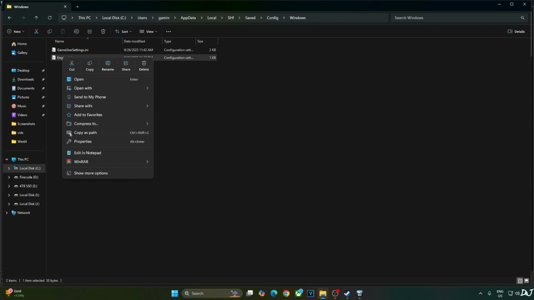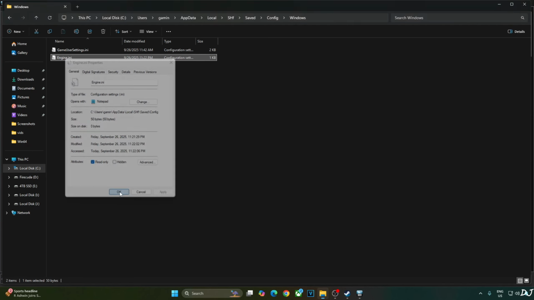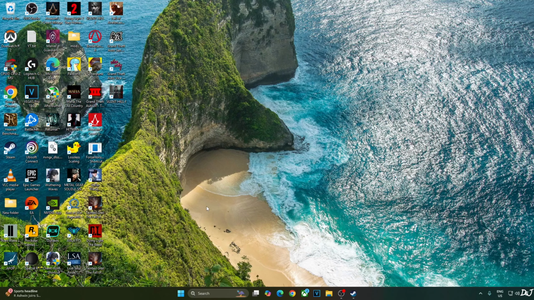Select the file, right click, properties. Check the setting read only, apply. If you don't apply this read only attribute, the game will simply delete this engine.ini file after you exit the game. Okay. Enabling hardware accelerated GPU scheduling setting is not a mandatory requirement for using XeSS FrameGen, but if you